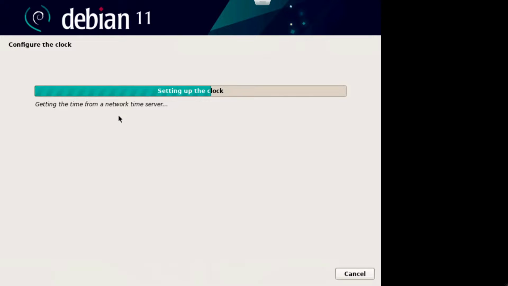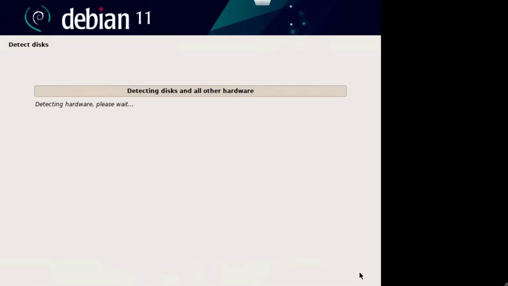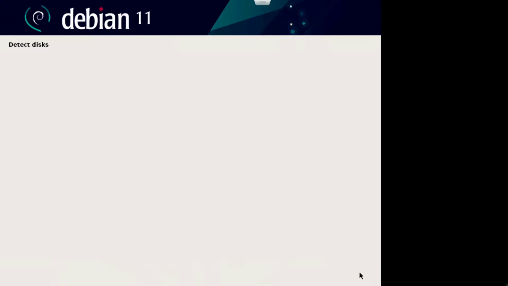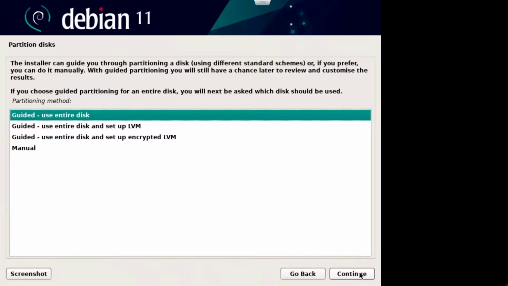Now I'm going to wait for Debian to configure the clock. I'm going to choose my time zone. It's basically just going to watch and follow the steps. It's a very straightforward process to install